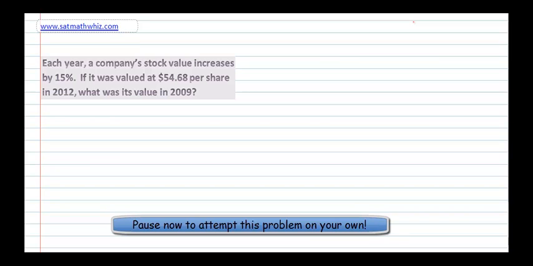Next problem. Each year, a company's stock value increases by 15%. If it was valued at $54.68 per share in 2012, what was its value in 2009? Let's just go ahead and say that X stands for the value in 2011. So if I had some value in 2011, and I increased it by 15%, in other words I multiplied by 1.15, then it became